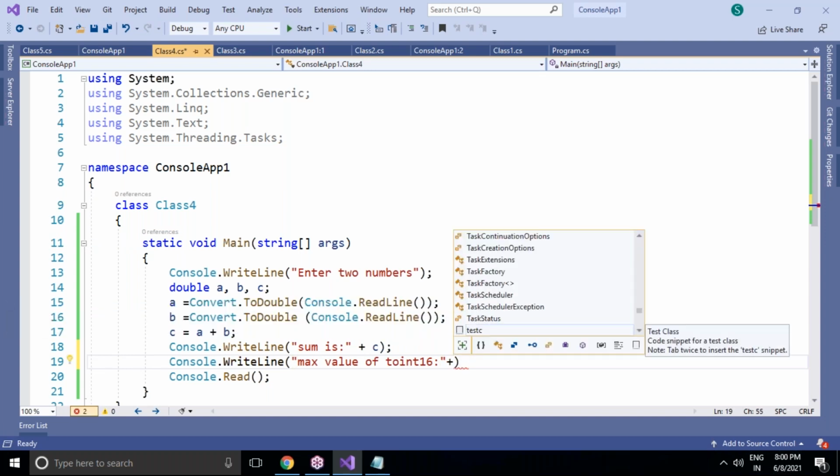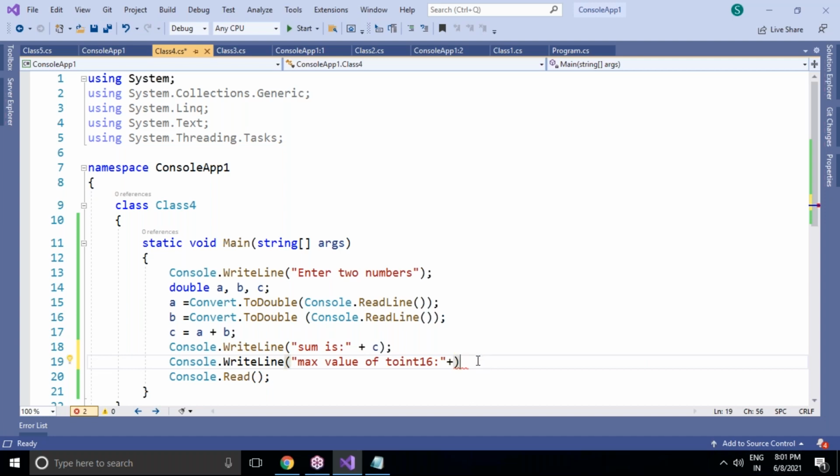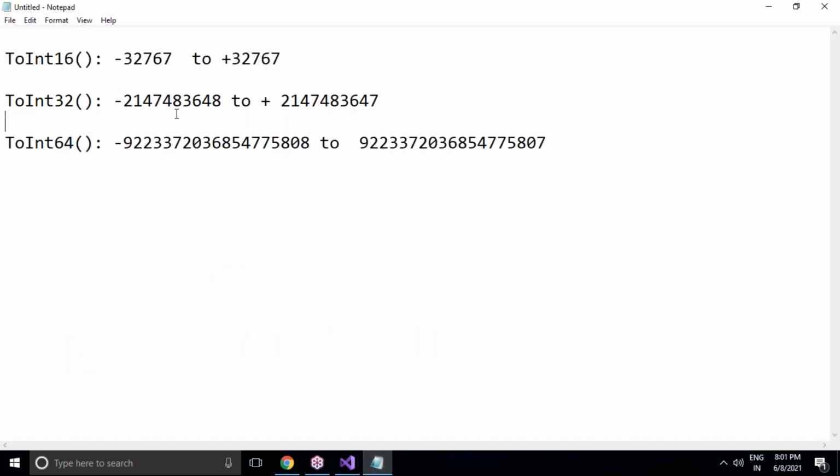No, it's not coming. There is one option actually to get the maximum value and minimum value. No problem. I'll tell you about the sizeof function later. No issues at all. But I would like to get the range of values by default. Maybe it's possible by using the sizeof function. No issues at all. So this is the range actually for Int16, 32, and 64. Based on this range of values only, we can work. More than that, we cannot work on it. But there are basic data types in C# .NET.